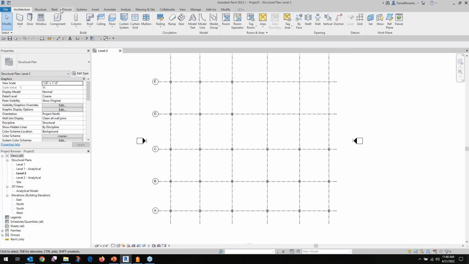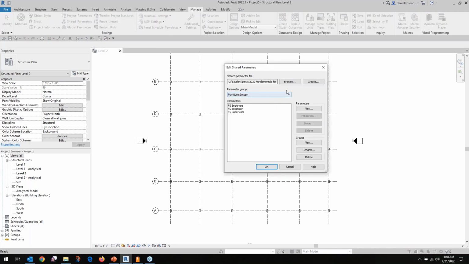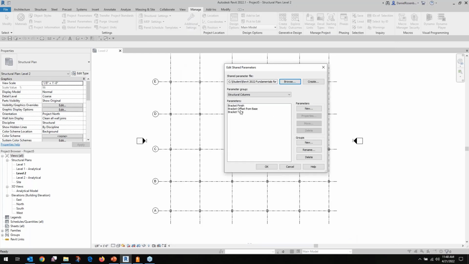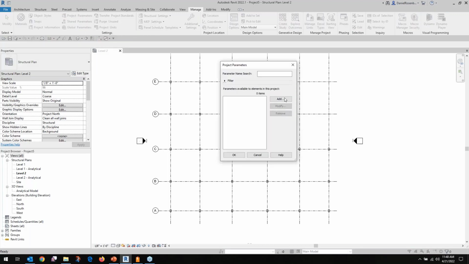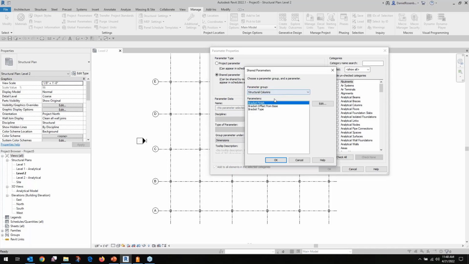Let's go to manage and shared parameters. But check this out. If you already have that shared parameter file saved, you can click browse and go right to it. Now these are already added in here. So click OK, then go to project parameters, click add, and then select the ones that are a part of that file. So since I already had these created, I was able to save a step. Now, just in the interest of time, I sped that up, but